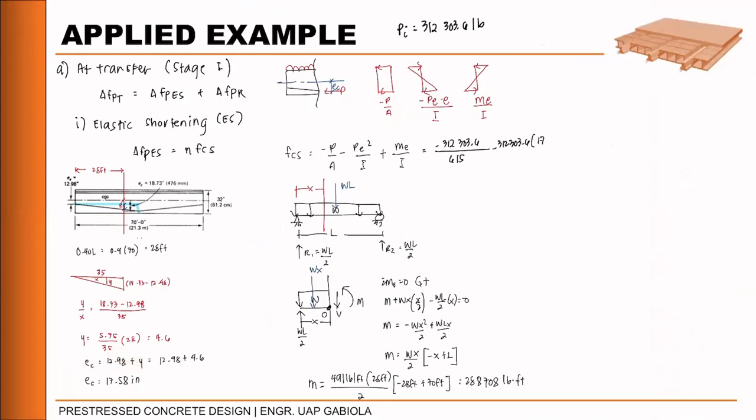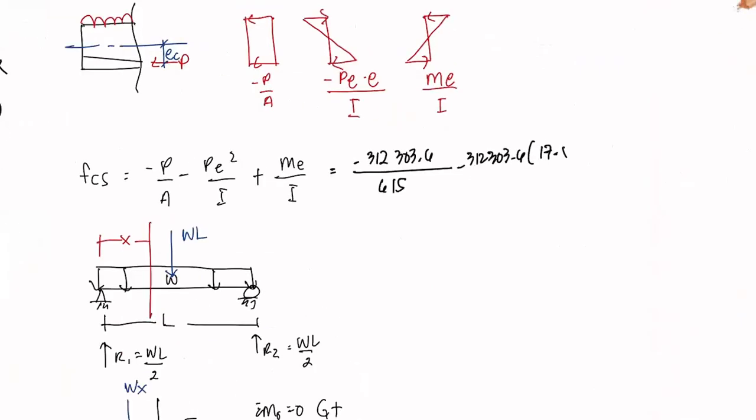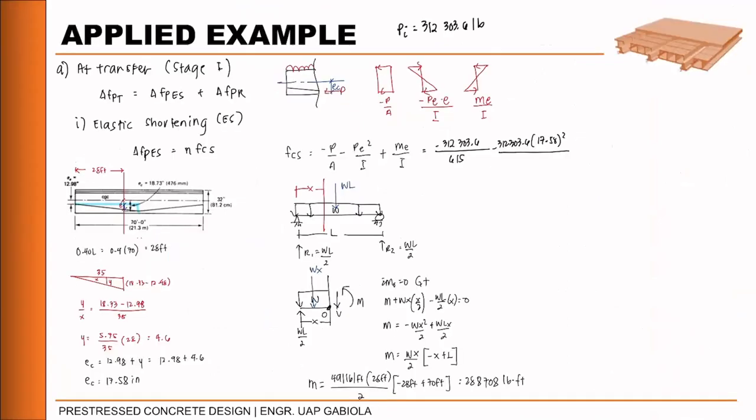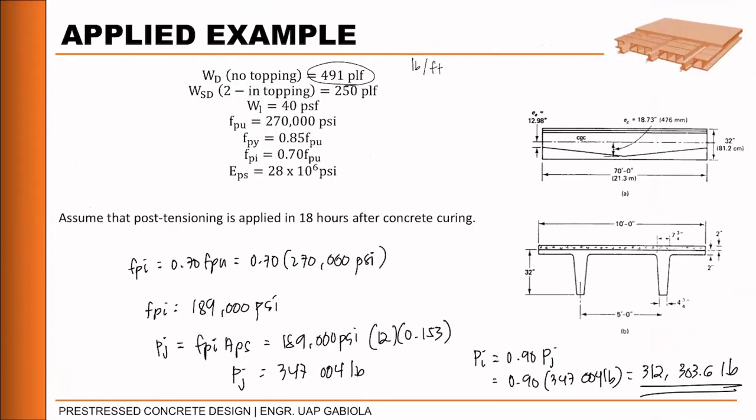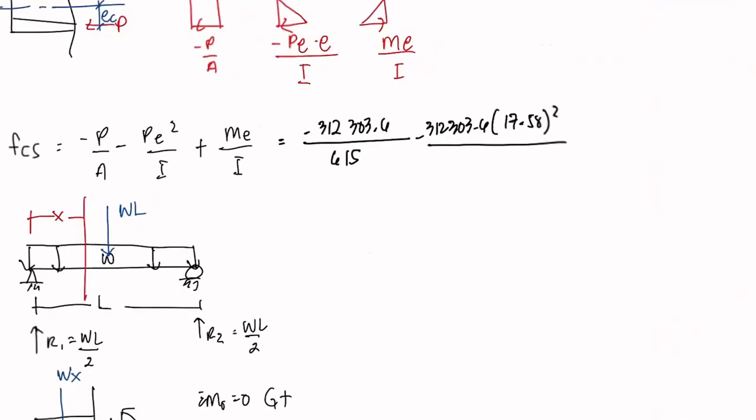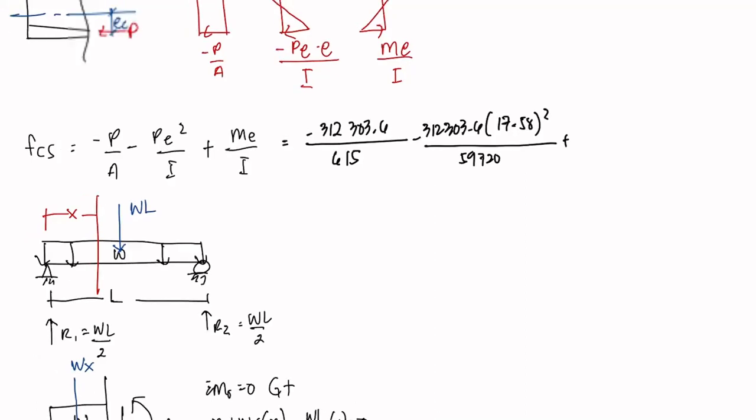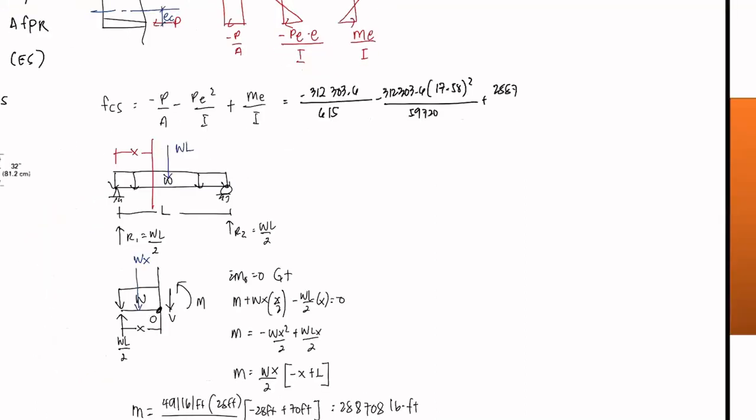So 17.58 squared all over inertia natin from given na din, inertia, ito, 59,720. So 59,720 plus yung moment natin which is 288,708. Pero since naka-pound-foot yun, kailangan times natin ng 12 para maging pound-inch. Times 17.58 over